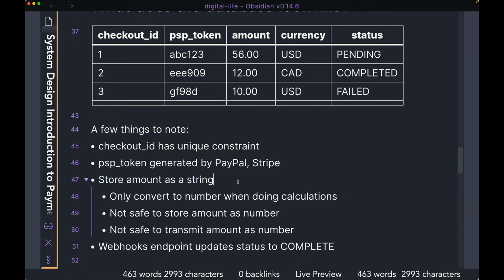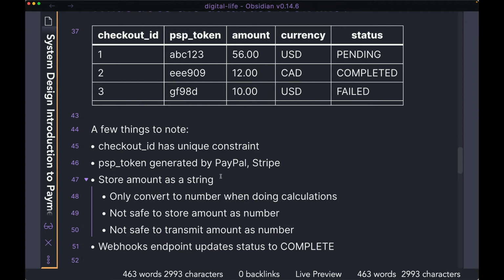So what you want to do is, when storing the amount, as long as it's any kind of money related amount, if you're storing it in a database or transmitting it over the network, it's always safer to do that as a string, right? You want to store it as a string as opposed to either an integer, real number, or floating point number. The reason is different technologies, like whether you're using Postgres, Cassandra, or when transmitting as JSON or Parquet or whatever format you're transmitting the data in,